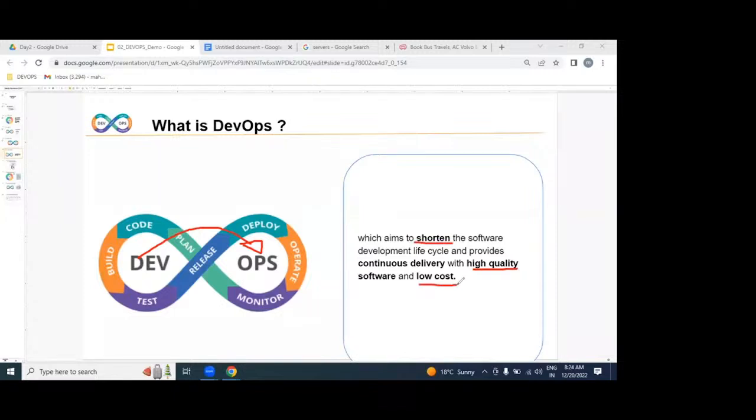So let me repeat this point. What is DevOps? DevOps is an automated process to shorten software delivery into the production environment, with high quality and low cost. We place our applications on hundreds of servers in an automated, transparent way. That is DevOps.